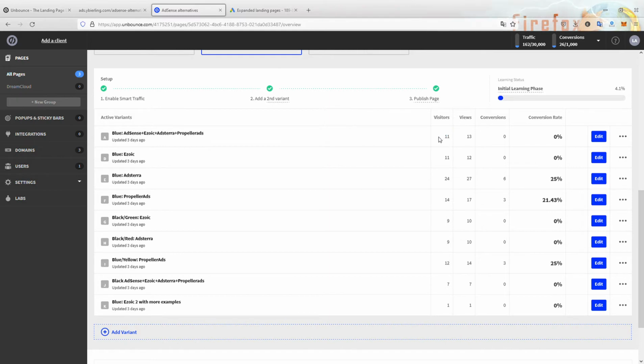Yes, for example here, my first variant, variant A, with 11 visitors, did not convert at all. The second one, variant D, because B and C I deleted, although with 11 visitors, did not convert at all. But for example, this one, variant I, with 12 visitors, converted 3 of them. So this variant is performing better than the first variant, and